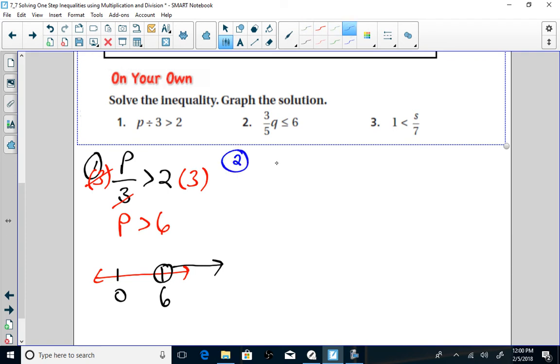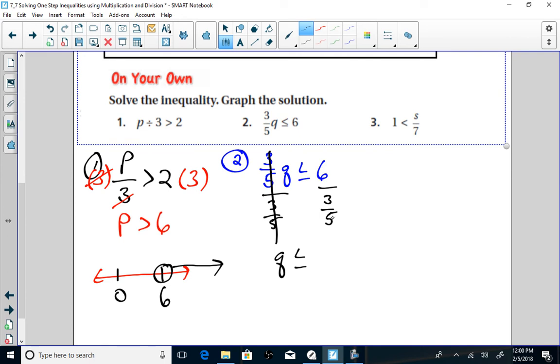Let's try problem 2. 3/5 times q is less than or equal to 6. If you remember when we had these one-step equations, I see that my variable is being multiplied by 3/5. I use the inverse operation, right? So instead of multiplying by 3/5, we're going to divide by 3/5 on both sides of the inequality. That becomes 1q, I write that way, is less than or equal to